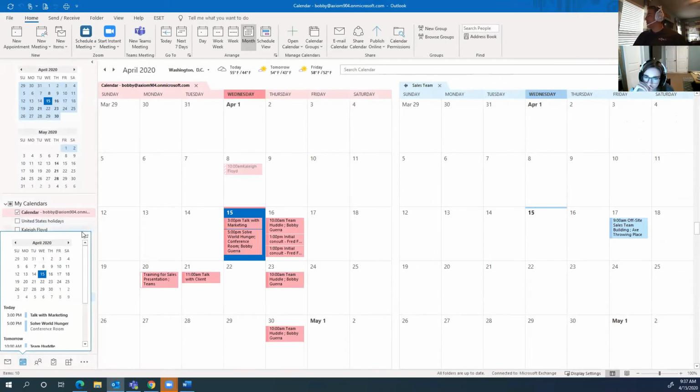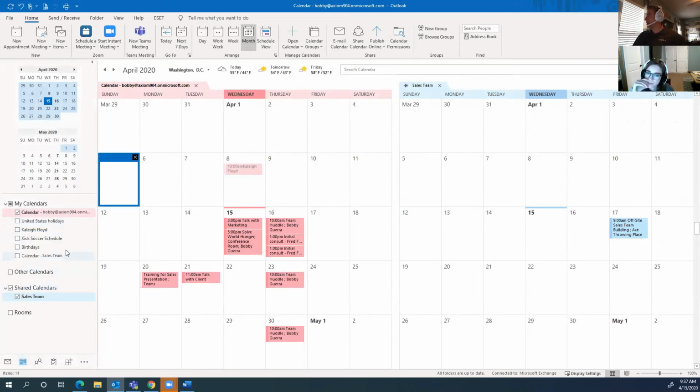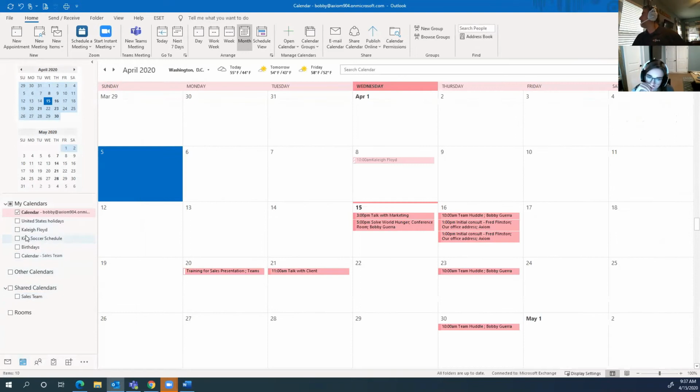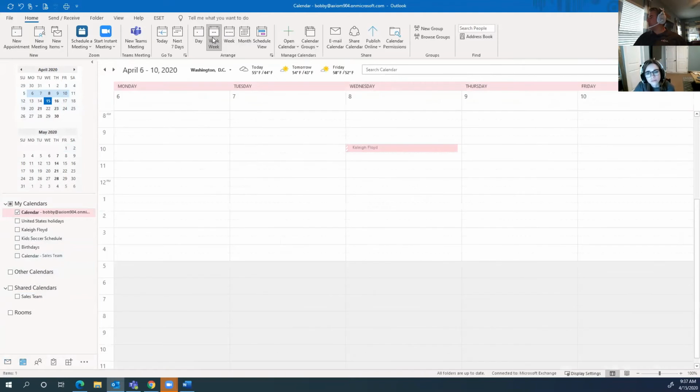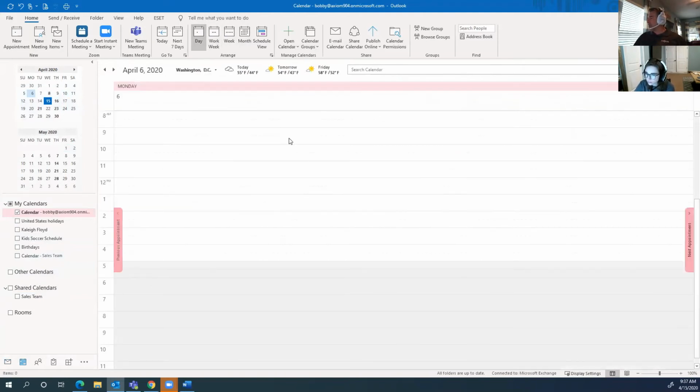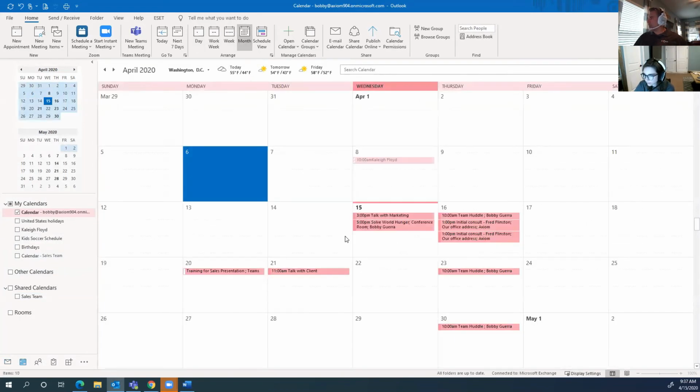Okay, so let me look here and let me uncheck that. Okay, so I have my calendar right now showed, and you can pick different ways of doing calendar options here. You can show it by week. You can do it by work week, so it doesn't show you Saturdays and Sundays, or you can do it by day, and it just gives you more granular detail. I prefer the month. I just like seeing things as they go.